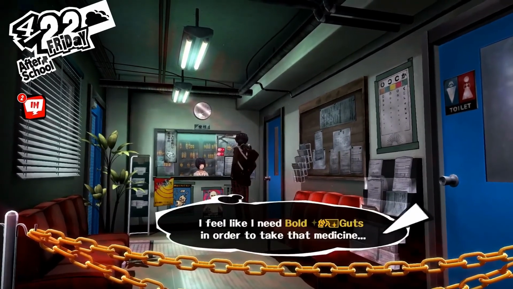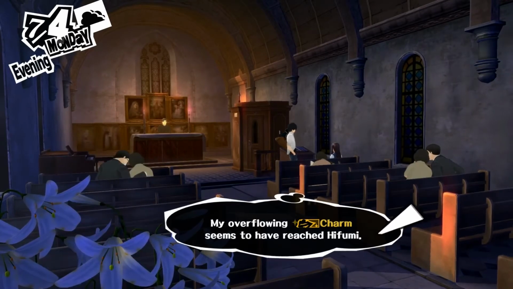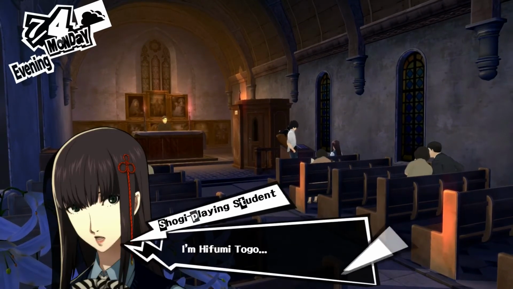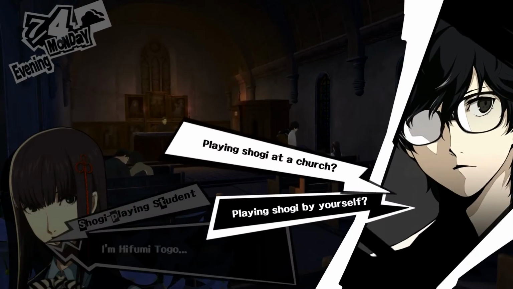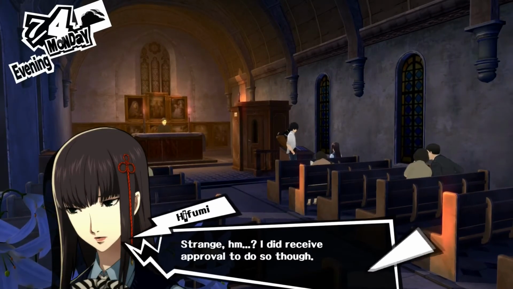It's actually in the point of view of the main character himself. When you don't have the right amount of social stats, the player character himself has some dialogue that says, I should do this when I have more guts, or kindness, or proficiency. And it's said in many different ways. And once you do have the right amount of stats, the player will say something like, I feel like I have enough guts to hang out with this person, or kindness, or proficiency, or knowledge. It's a nice version of an error message that is a more interactive way of keeping the player immersed in